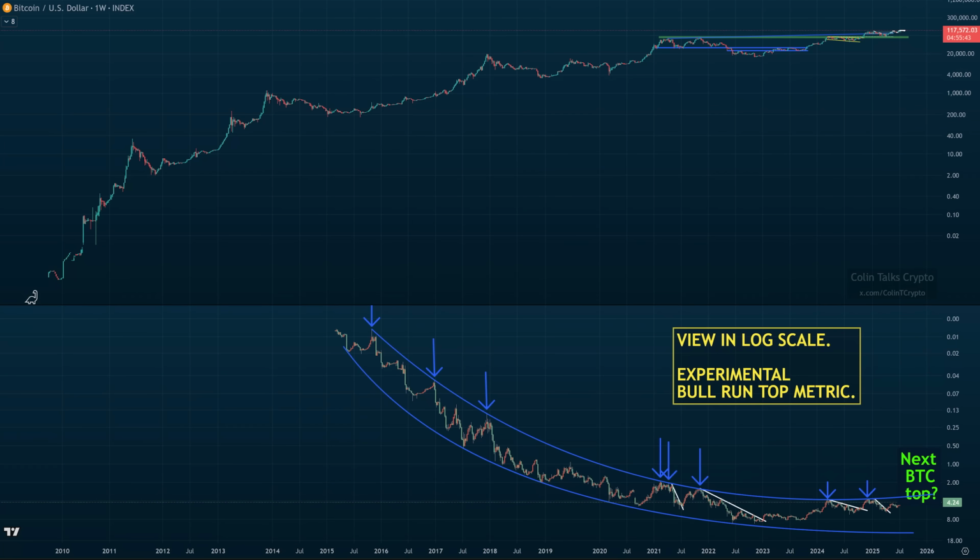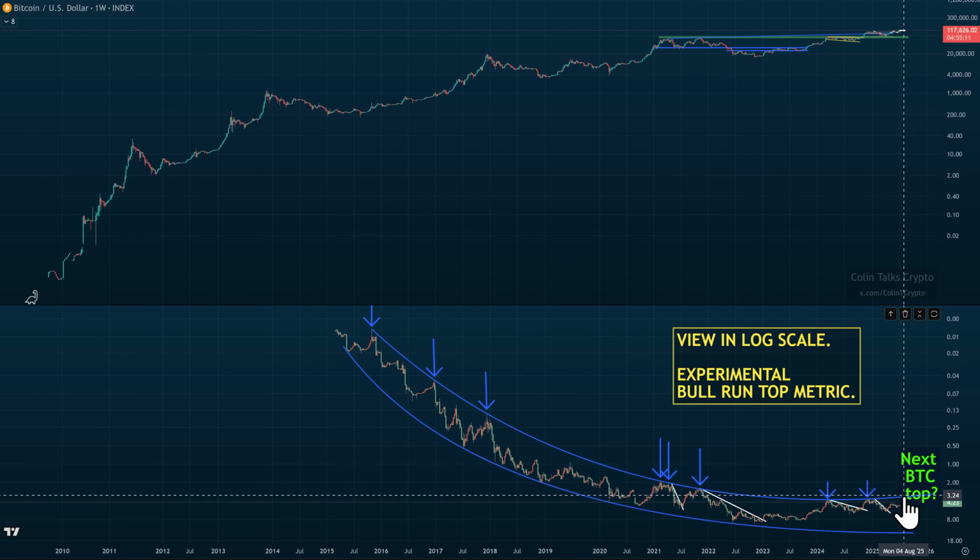I hope you're doing fantastic, and I have a really exciting chart to show you. This is the USDT Tether Dominance Top Indicator, and this is sort of a creation that I've come up with. I do want to just preface this with this is experimental. I am still looking at other metrics, but to be honest up front, if this indicator does reach the upper